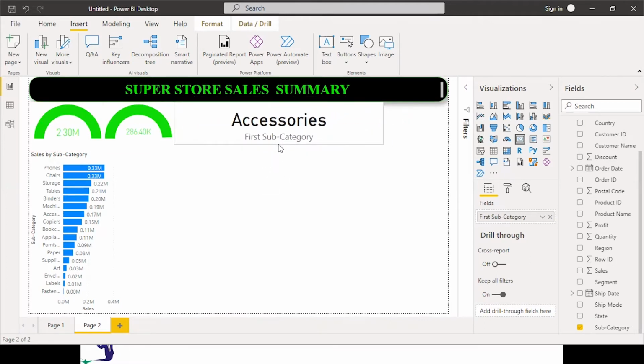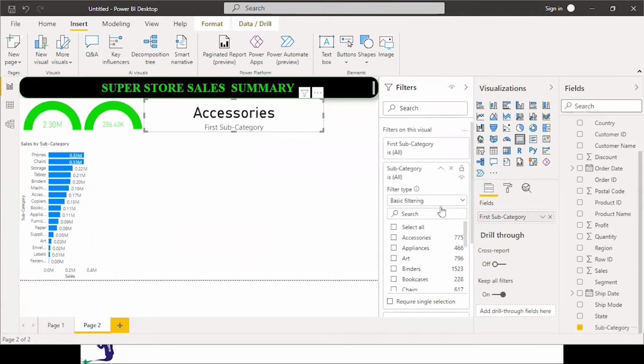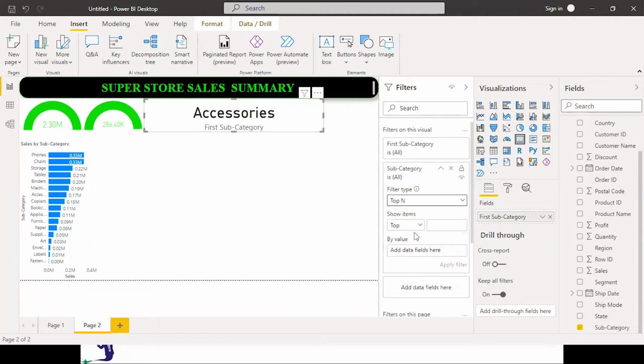And let me put the subcategory into the filter. Instead of basic filtering, we have done this initially, nothing new we are doing, just creating a few visuals which will be more sensible, putting the sales over here and applying the filter.